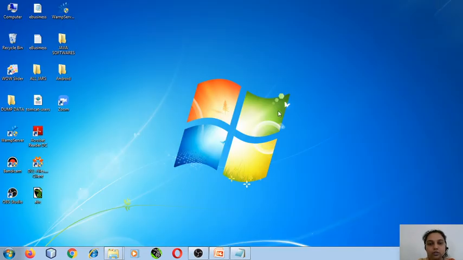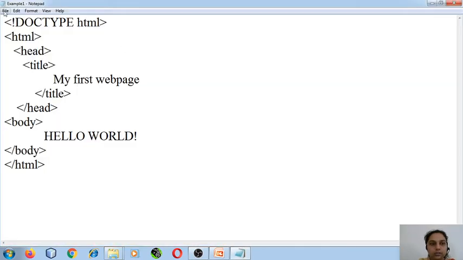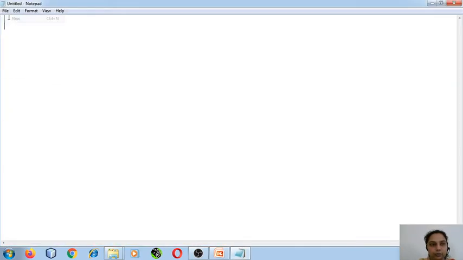Okay, so when I want to execute another program, I will just go back to Notepad and say new. So the next thing, we have seen the basic structure, just how to display a message. In HTML we have headings. Headings are going to play a very important role. Why do you require headings? They are going to be the title or subtitles that you want to display on your web page.